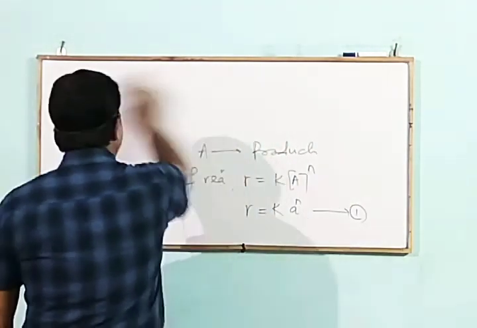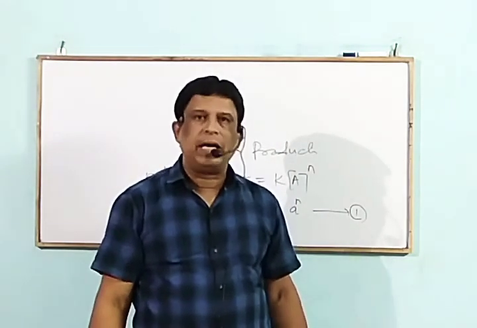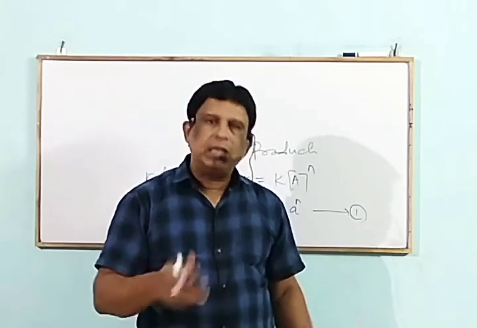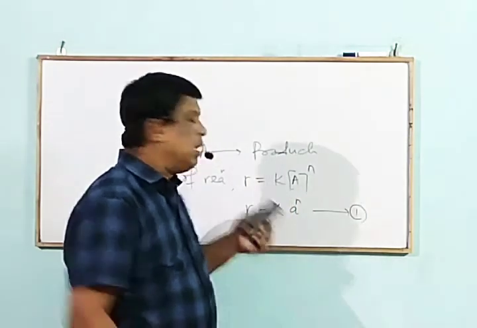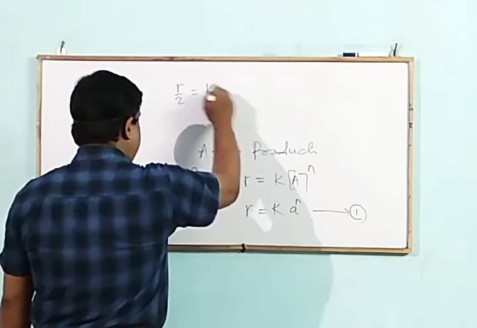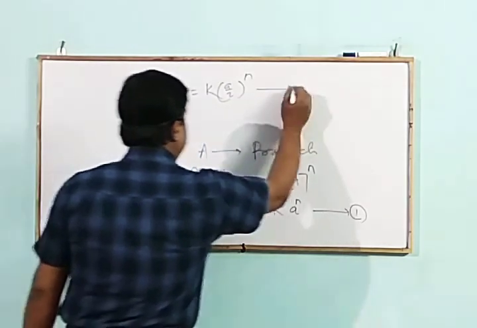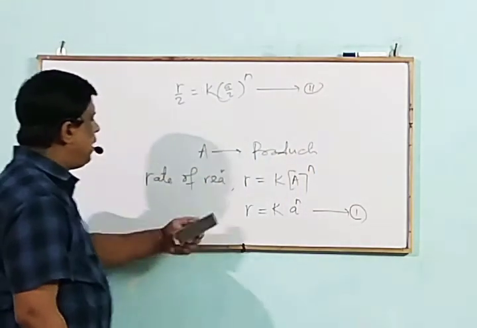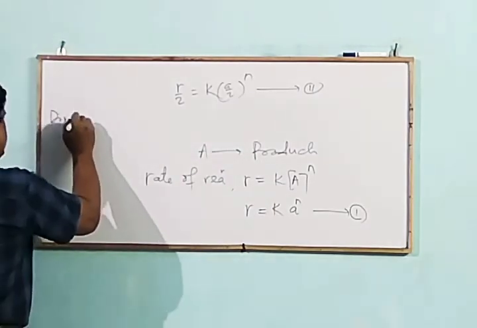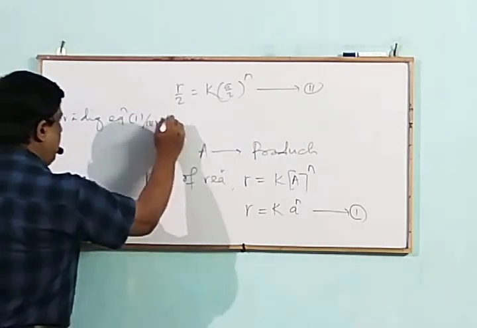Then according to the question, when the volume of the container is doubled for the gaseous species, the concentration is reduced to half. If concentration is reduced to half, then according to the question, rate becomes half. That means R by 2 is equal to K into A by 2 to the power n, equation 2. If we divide equation 1 by equation 2, we have